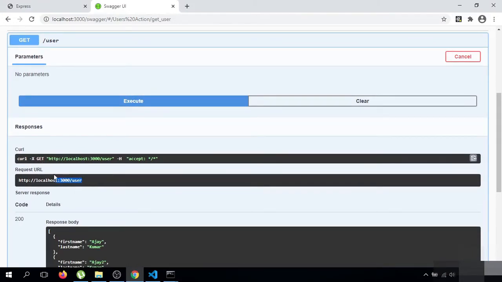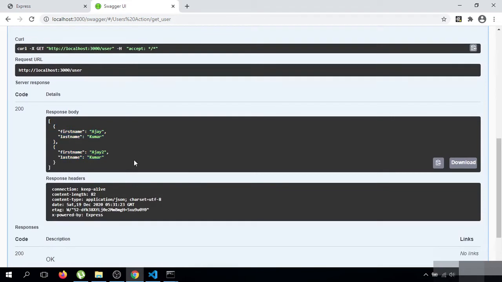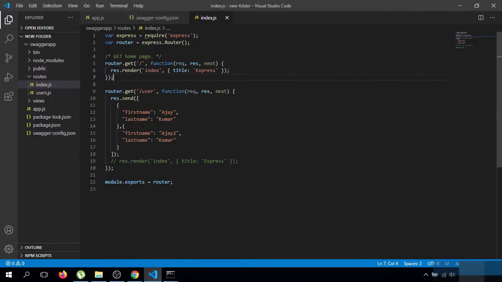So my combine URL is now localhost colon 3000 slash user, which is a get URL. As you can see that I have sent dummy response from my API call.